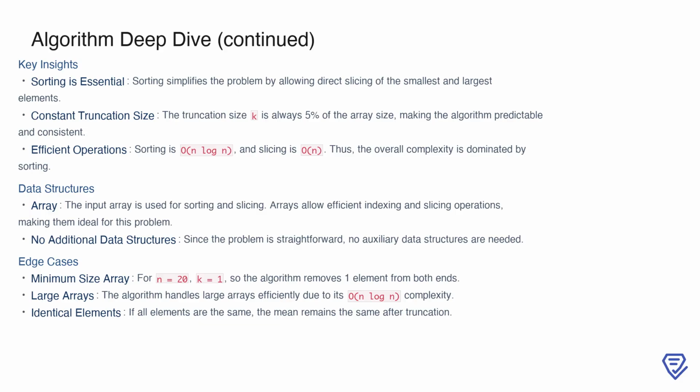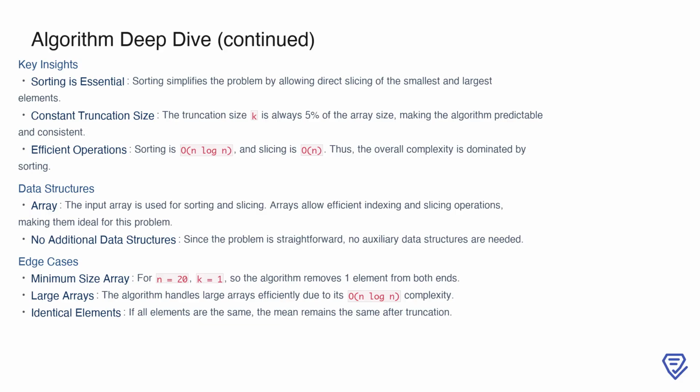Arrays are ideal here because they allow efficient indexing and slicing operations. Importantly, no additional data structures are needed, keeping the implementation straightforward. Finally, let's consider some edge cases. For the smallest allowed array size of 20, only one element is removed from each end. For very large arrays, the algorithm remains efficient due to its O(n log n) complexity. And if all elements in the array are identical, the mean will remain unchanged after truncation, since slicing identical values